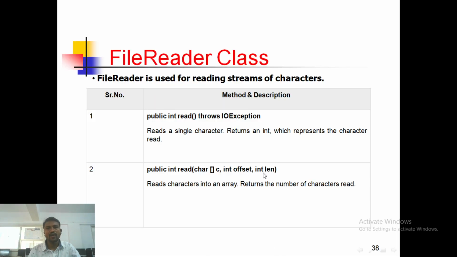In today's lecture we are going to discuss the FileReader class. In the previous video lecture we already discussed the Reader class. As you know, the Reader class is an abstract class which is used to read from a source. But here in the Reader class we are not reading byte-oriented data, we are going to use character-oriented data.